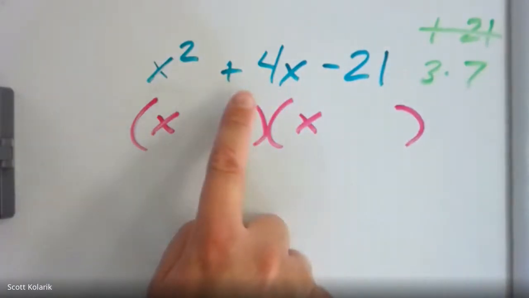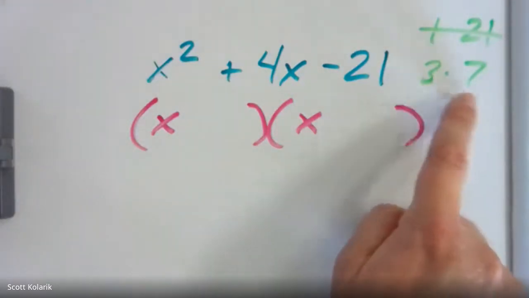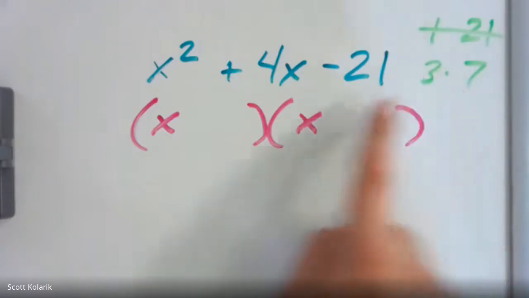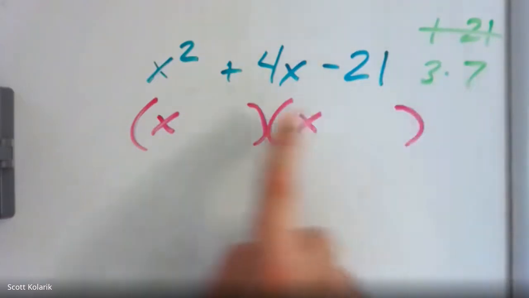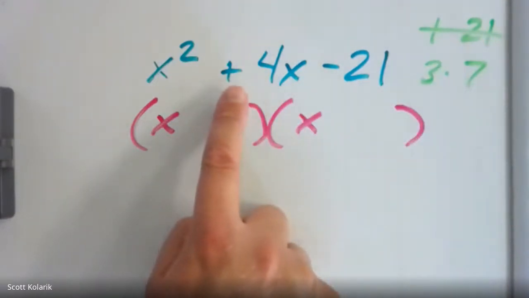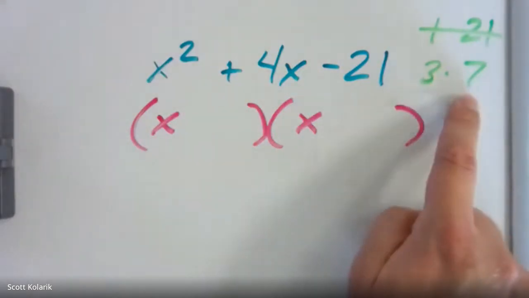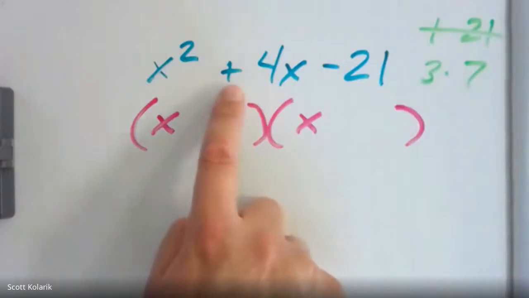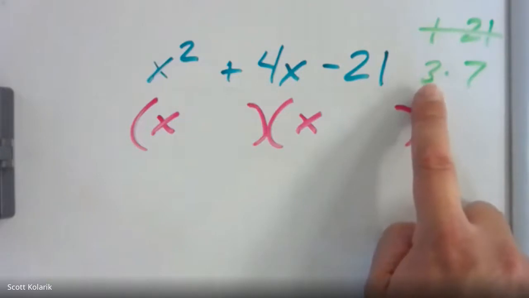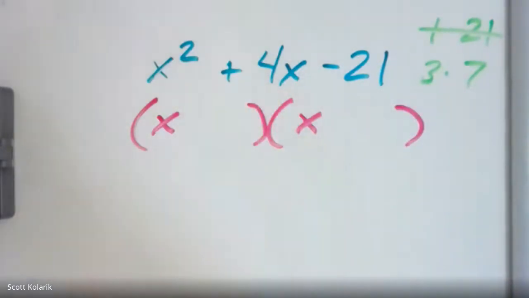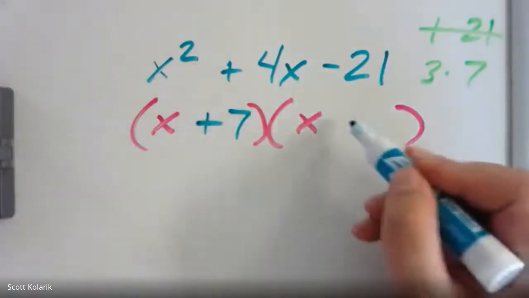Because it's a +4, the 7 is going to be positive. The 3 is negative, because it's 7 minus 3, or 7 plus a negative 3, that's going to give me this positive 4 result. Had I gotten the wrong one, I would have had a minus 4 result. For instance, if I had a positive 3 and negative 7, 3 plus a negative 7 is negative 4. Well, that's not a positive 4, so that would be wrong. So in this case, again, the 3 has to be negative. The smaller number has to be negative because I get a positive result when I combine them. And so positive 7 and negative 3,